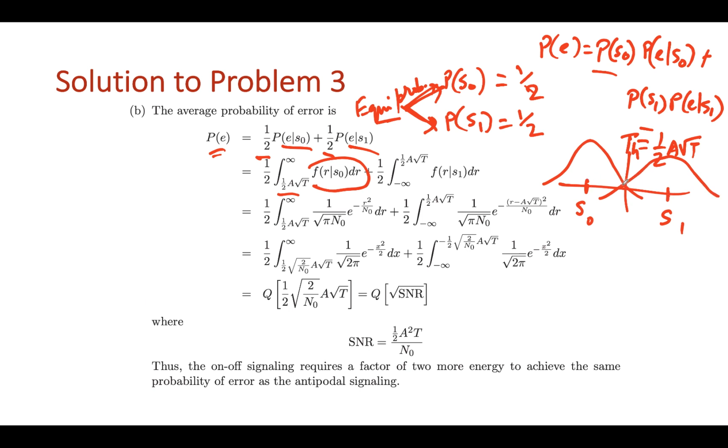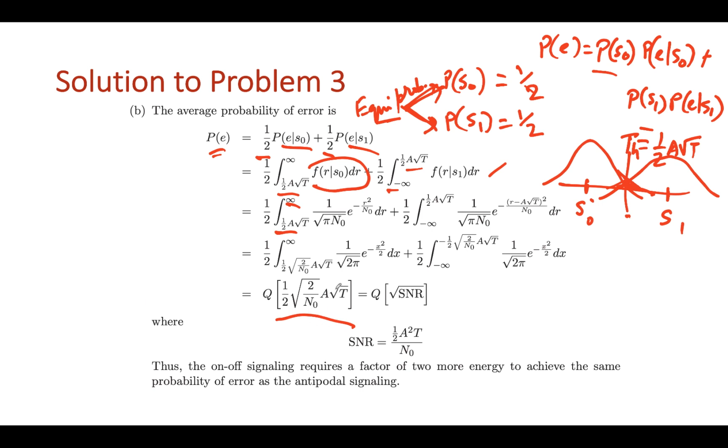So probability of error due to S0 is basically this area, and probability of error due to S1 is this area. This area is from half of A root T to infinity, and this area is minus infinity to half of A root T. So we are just applying the concepts that we have learned so far. And if you now work out these integrals, you will find that you have Q of this function,